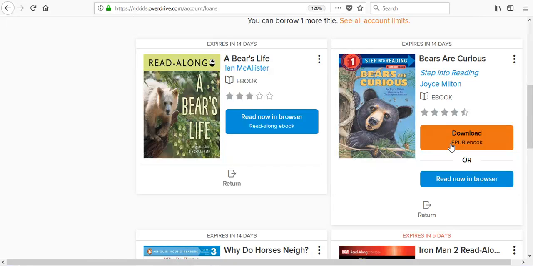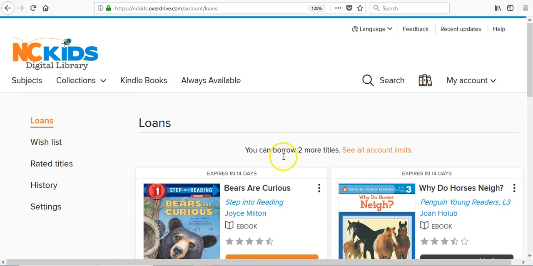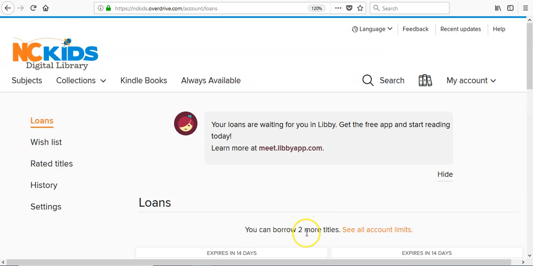However, you could check out 5 books and your children could listen to or read those 5 books and then manually return the books by clicking Return, Return Title, and they will instantly be able to check out more titles. I also wanted to point out the information that keeps popping up here at the top of the page. You can learn more at meet.libbyapp.com about how to download the Libby app onto your phone or your iPad and read or listen to these